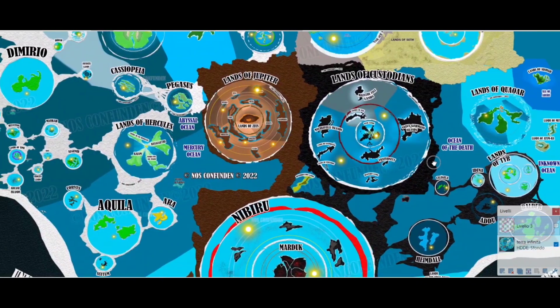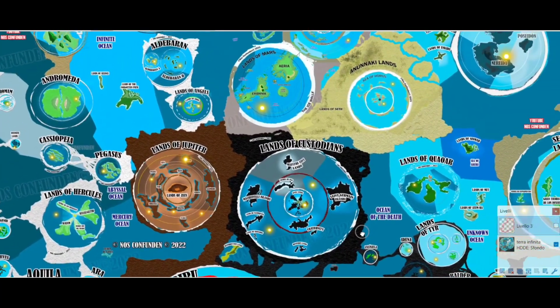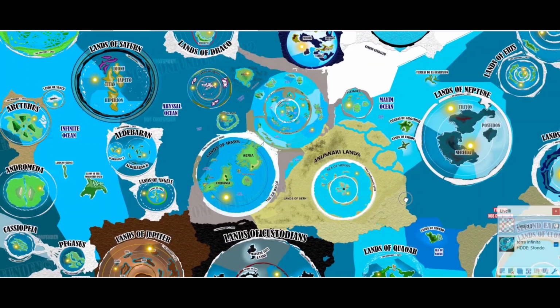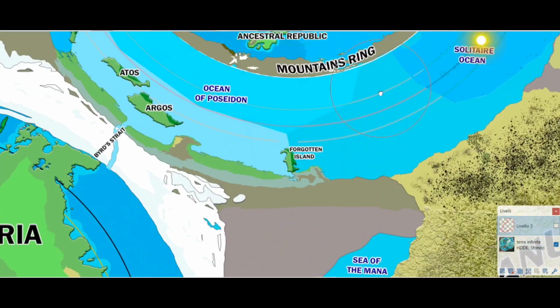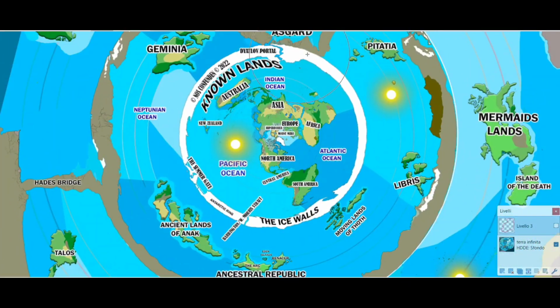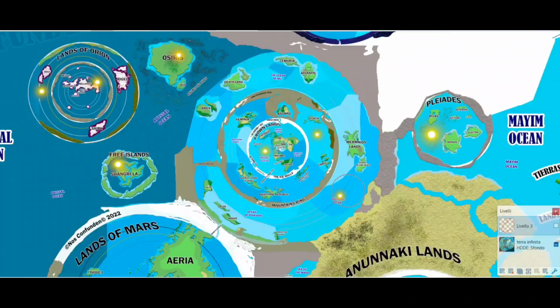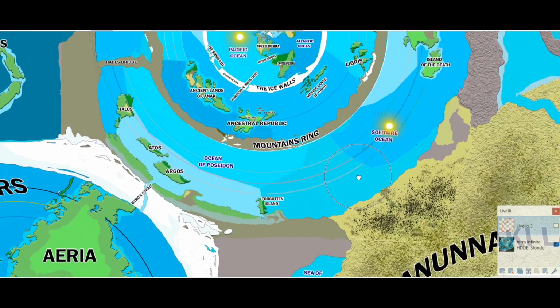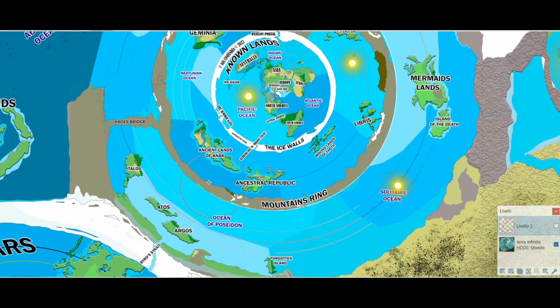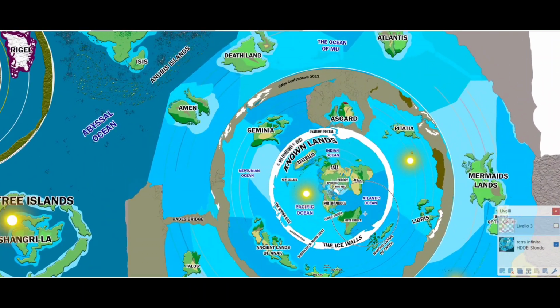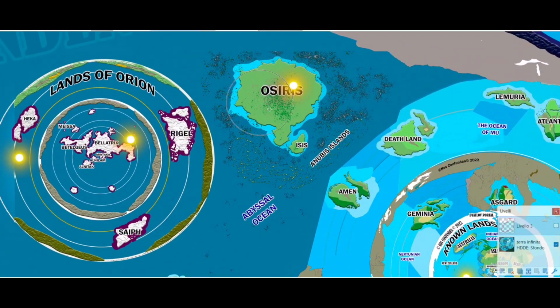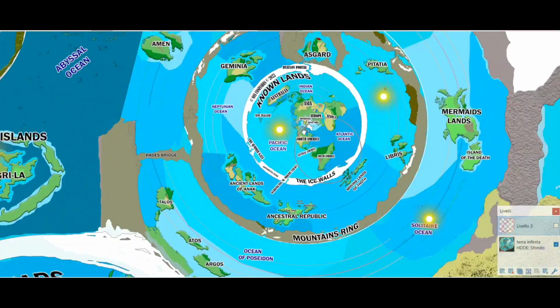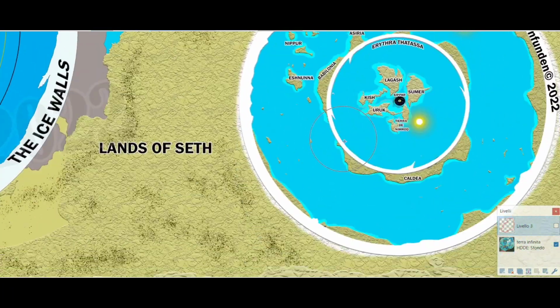First of all, before we actually get into the specifics, remember this map tries to connect mythology and the knowledge of the ancients to modern day knowledge of the planes of existence. So while we have things like our Earth, as seen in this map, and the ice walls, there are also things that connect to mythology, like Asgard, the Mermaid Islands. Then we have places from the Bible, so the lands of Anak. Then there are places like Geminia. There are places that connect to ancient Egyptian mythology, ancient Greek mythology, ancient Nordic mythology.